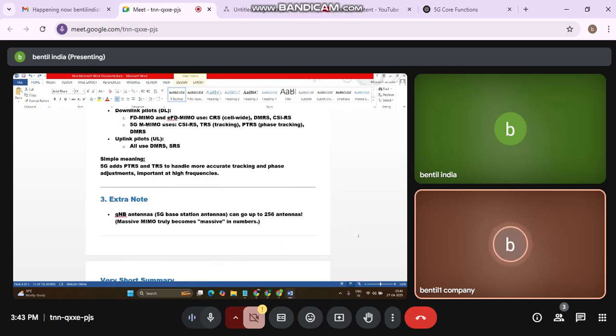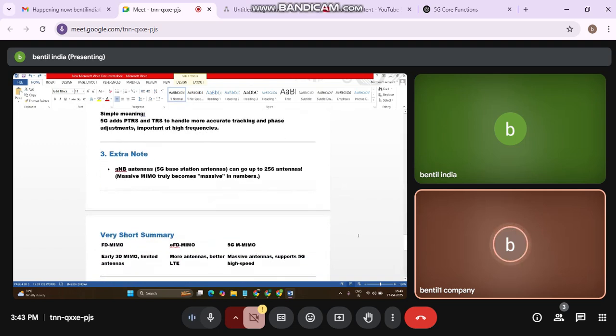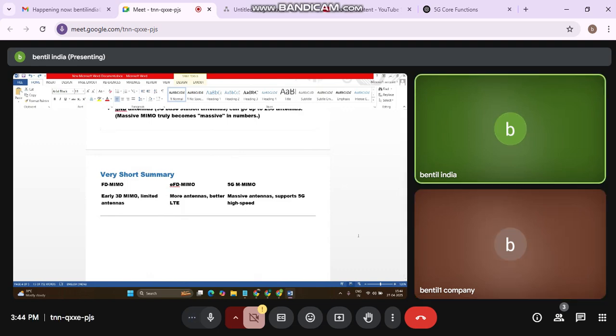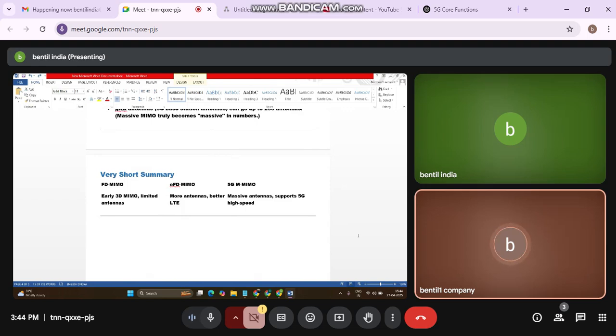And gNodeB antennas: considering 5G base station antennas, it can go up to 256 antennas. Massive MIMO truly becomes massive in numbers. Considering all three, FD MIMO, EFD MIMO, and 5G MIMO: FD MIMO is early 3D MIMO with limited antennas. EFD MIMO has more antennas, better